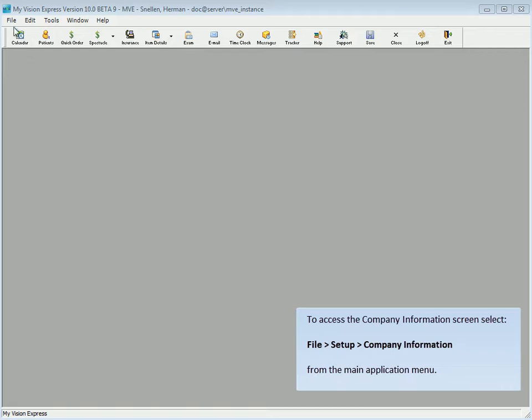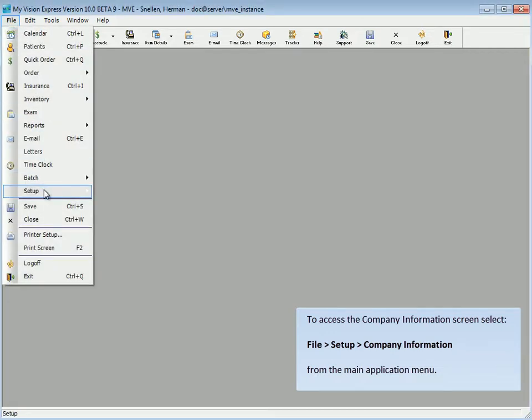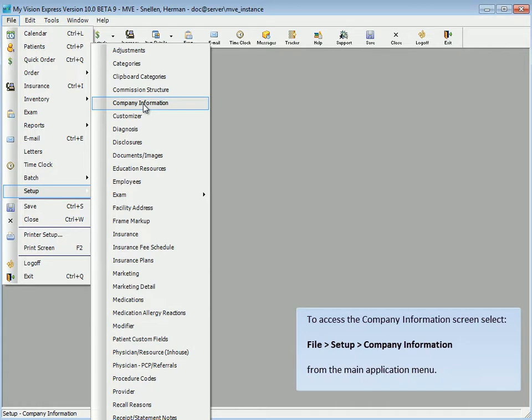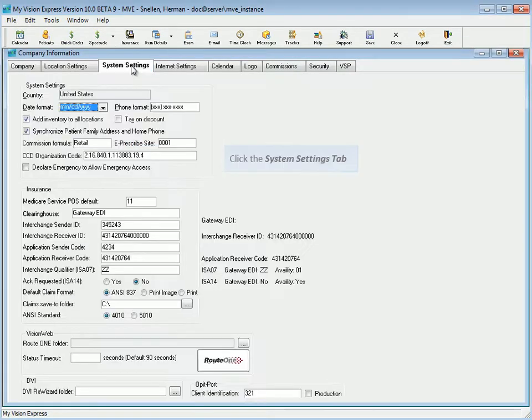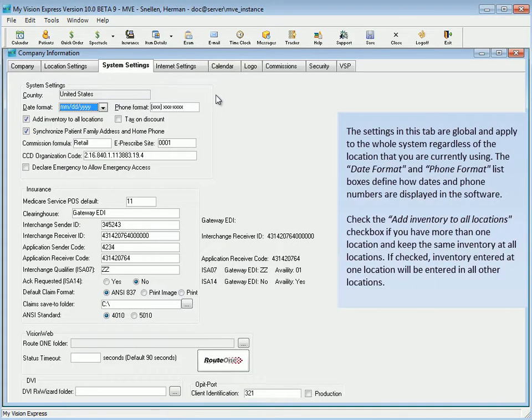We're going to continue now with company information setup. File, setup, company information, and on to system settings. The settings in this tab are global and apply to the whole system regardless of the location that you are currently using. The date format and phone format list boxes define how dates and phone numbers are displayed in the